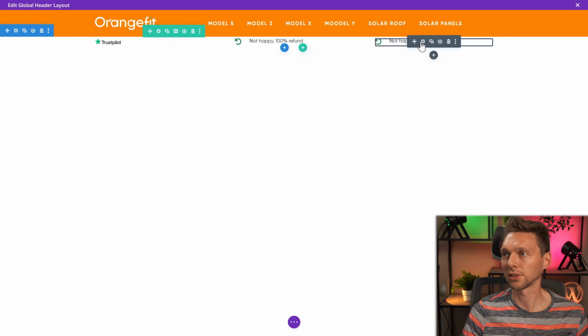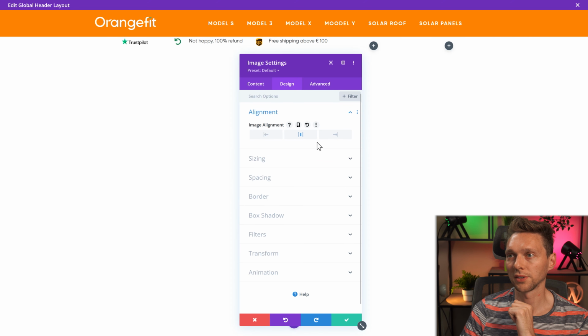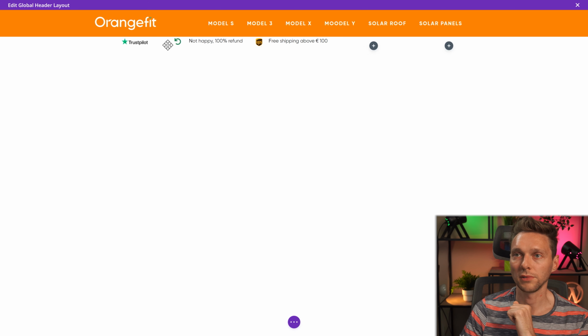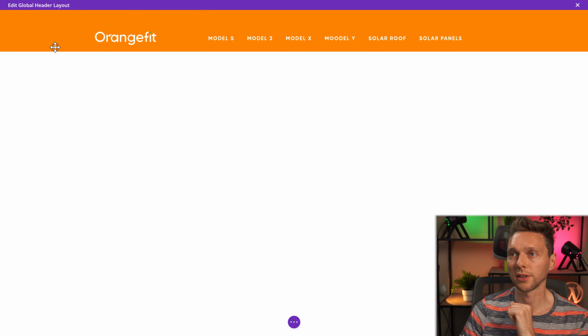Then what are we going to do to make it smaller? First, we go to design, we go to sizing, we're going to use a custom gutter height of 1. Then we're going to change the column structure to something with way more lines like this. Then we're going to align this one on the center. This looks acceptable. Then we're going to change this, drop it over there.